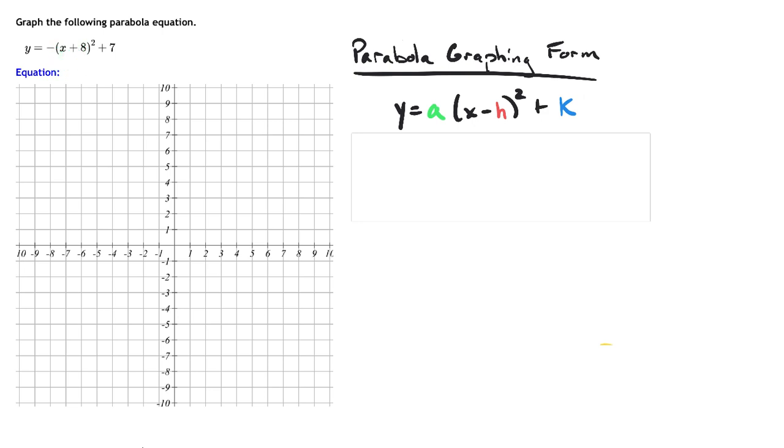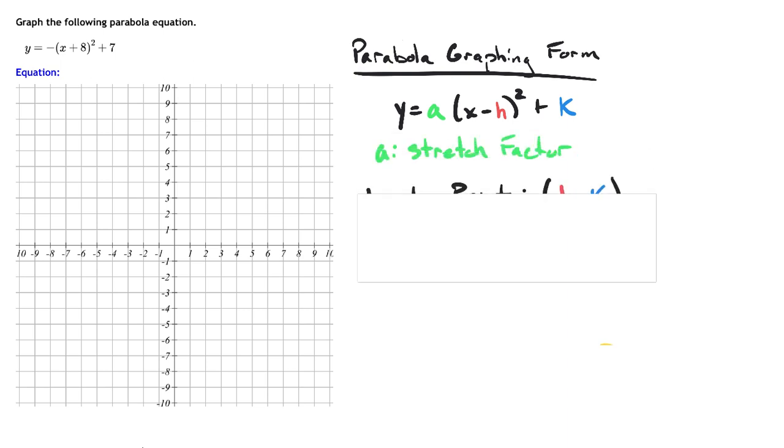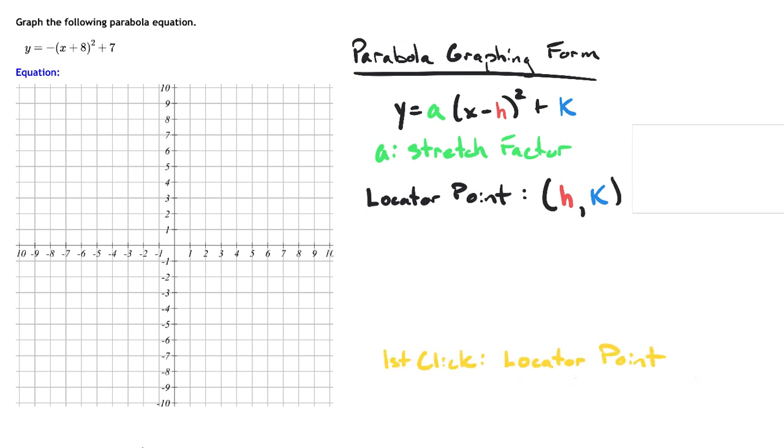When something is in graphing form, we look for the A, the H, and the K. Now the A is the stretch factor, and the H and the K are the locator point, or in this scenario, the vertex. So you take a look at what's inside the parentheses and what's outside the parentheses to determine that locator point. When graphing, your first click has to be where that locator point is, in this case, the vertex. So that particular coordinate point is going to be, based upon our equation,